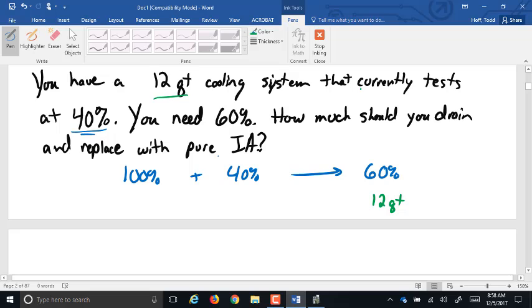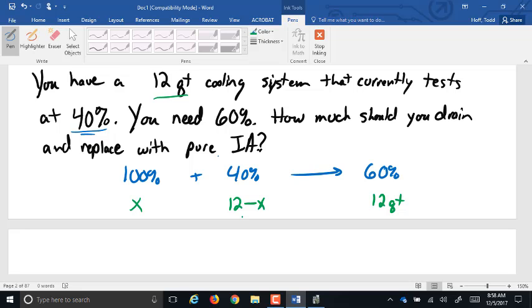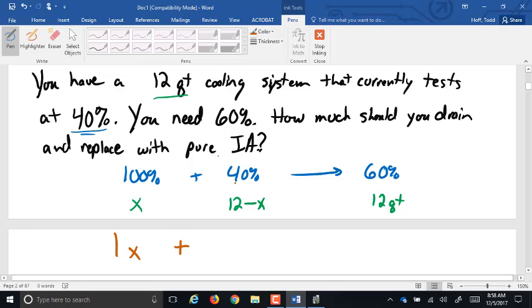Well, if we drain it out and replace it with pure antifreeze, the amount we replace is the amount of the 100%. Okay? That's going to be our x. That makes the 40% 12 minus x. If we drain out x, what's going to be left of the 40% is the full amount minus the amount we drain out. So 100% as a decimal is 1. So 1 times x plus 40% as a decimal is 0.4 times that amount of 12 minus x